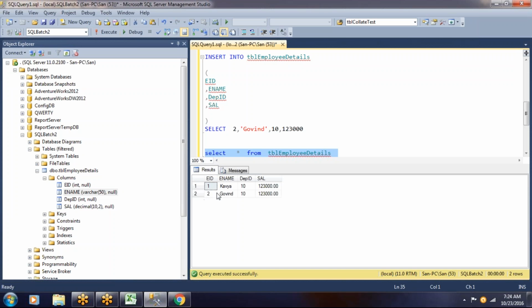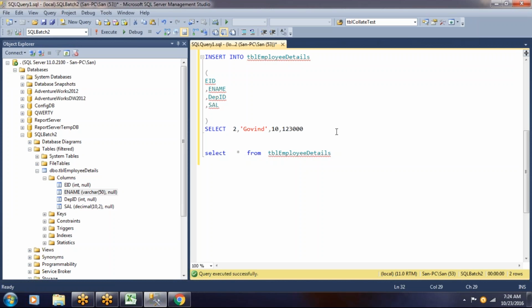So if you see 1 2, then this data also inserted. Okay. So now, what are the types? Let me insert some more data. Okay. So I will tell you,